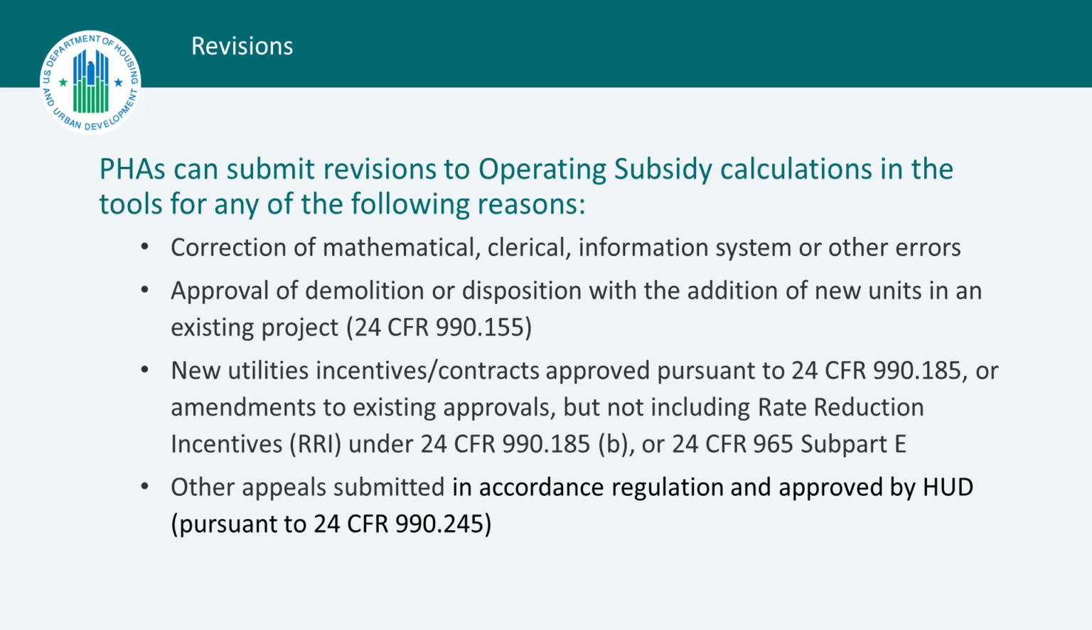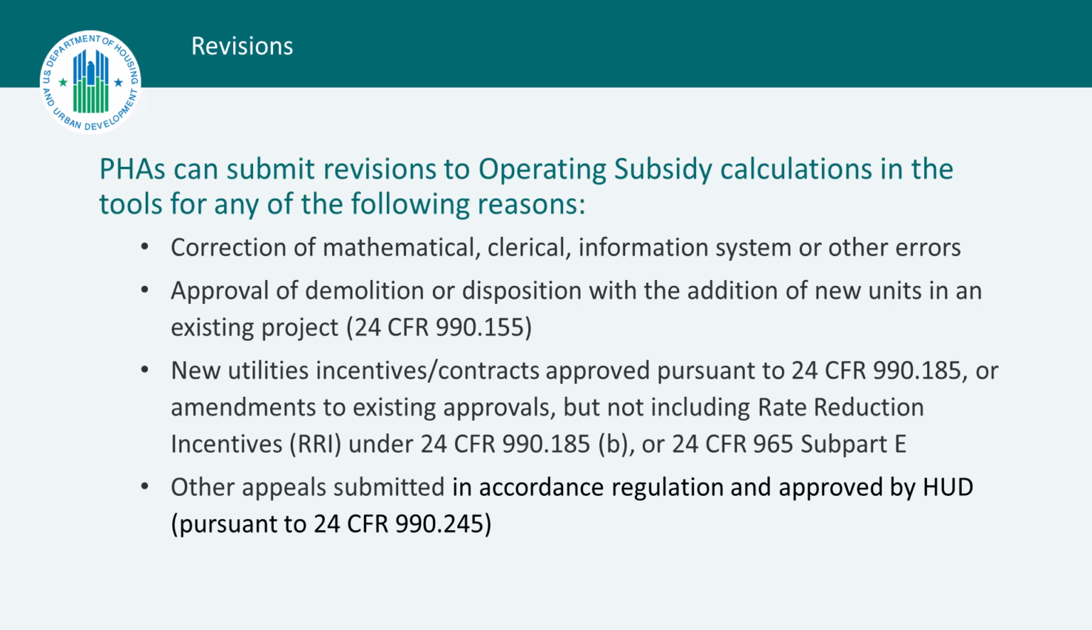While the pre-populated data and calculations in the electronic forms cannot be modified by the PHA after preliminary eligibility is posted, the PHAs can submit revisions to the field office before the deadline, usually around mid-August, for one of four reasons. If there are mathematical, clerical, information system, or other errors; because of the approval of demolition or disposition with the addition of new units to an existing project;